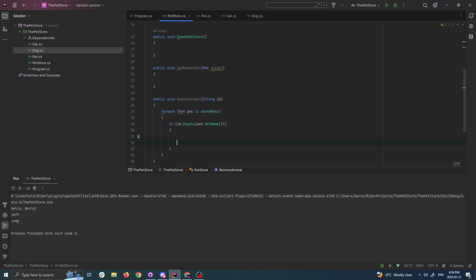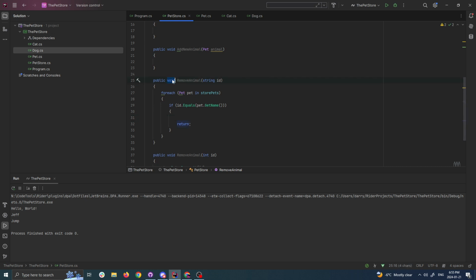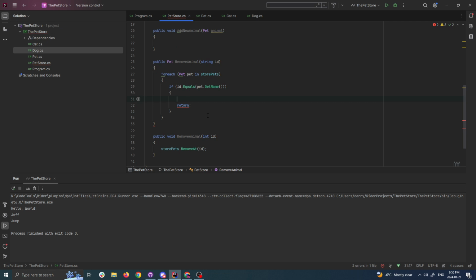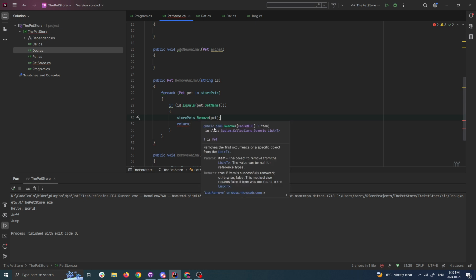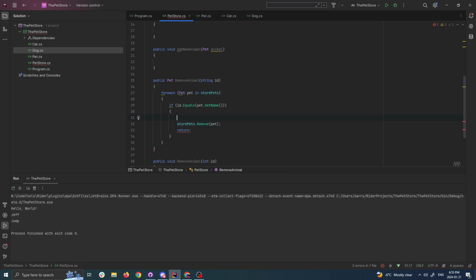If this is true, then we should return, and we should also remove the animal. But maybe we want to actually return the animal that is being removed. So we can say return pet up here, and we can just remove it from our queue. So we're going to say store pets dot remove, and then we have our pet. The for each loop might actually complain about this, but remove returns a boolean and only returns true or false, so we're going to need to store it beforehand. So pet, my pet equals pet, remove,